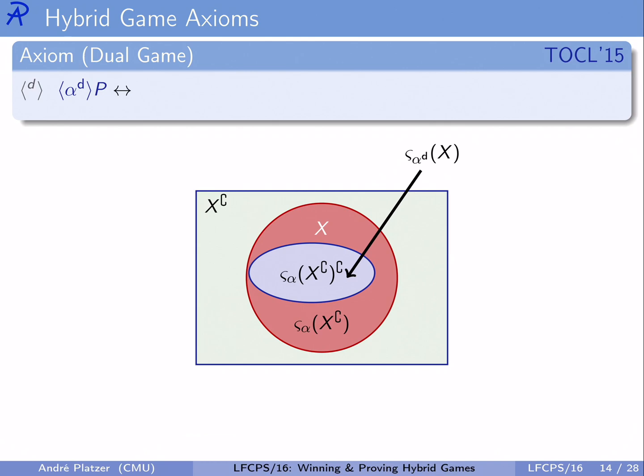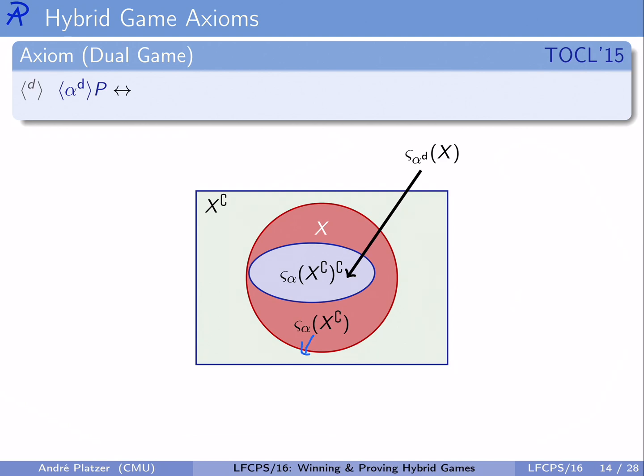Now we need to remember what the semantics was like for duals. Angel had a winning strategy in the dual game to win into X. Well, whenever in the complement of X, so the places where she doesn't want to be, in the ordinary game, remember pretend play, since Demon in the dual game will have the choice that Angel has in the ordinary game, but she remembers that Demon has the opposite objective, so he doesn't necessarily want to make X true because that's what Angel wants to make true. So if she looks at, suppose Demon is trying to make the opposite happen, then in the ordinary game where Angel is playing,